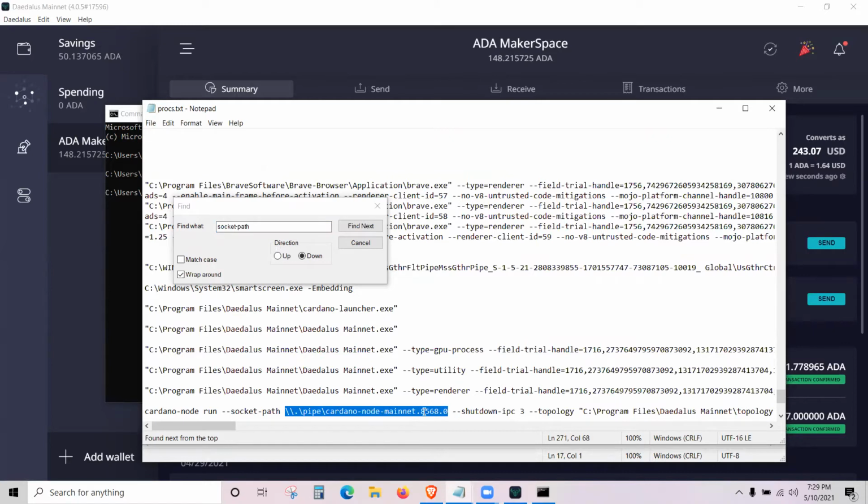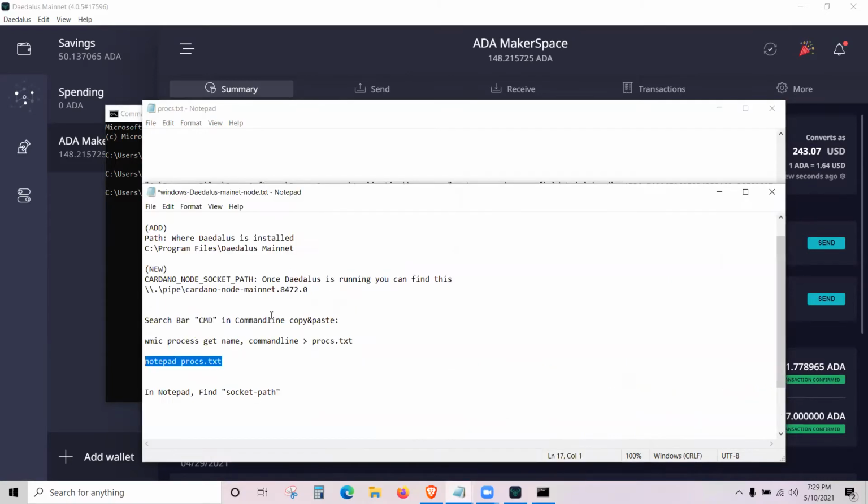And this number represents a port on your computer, and a lot of times will change each time you open and close Daedalus. So you'll need to find this path each time that you open and close Daedalus and want to do this process. Let's copy and paste that path. Now that we have our two environment variables,